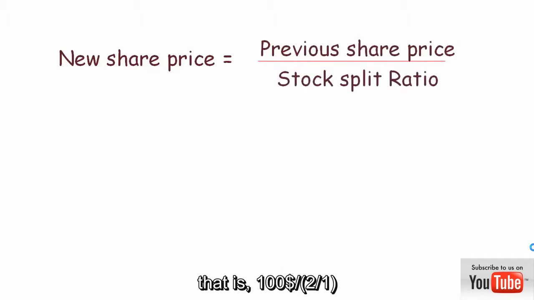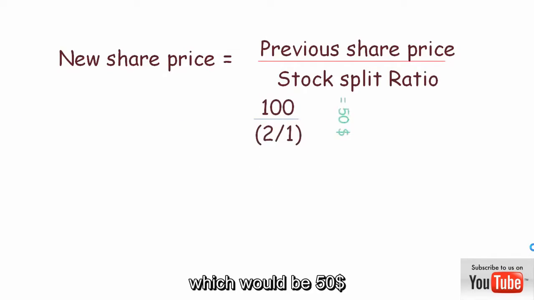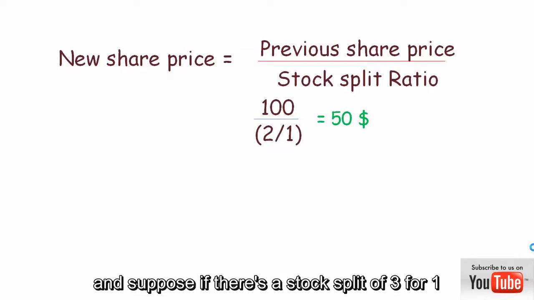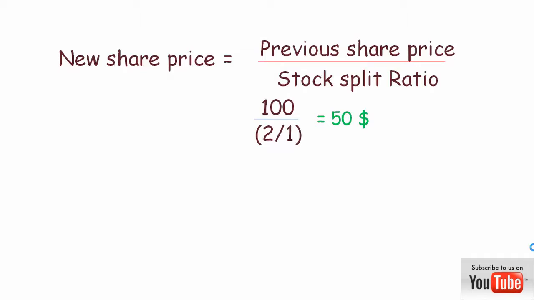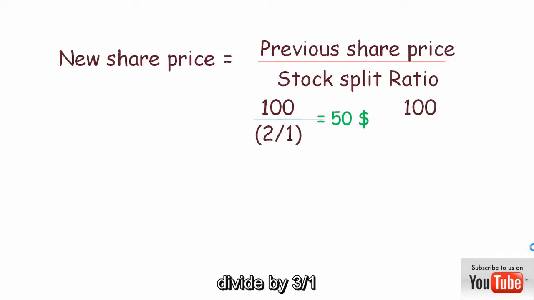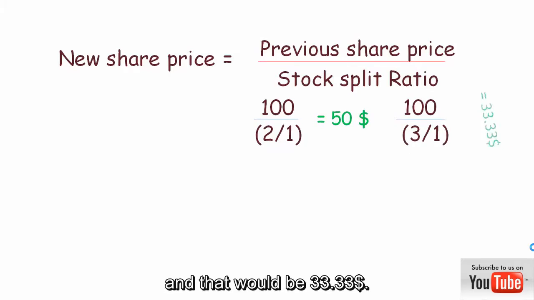Well, simply divide the share price before the stock split by the split ratio. That is $100 divided by 2 by 1, which would be $50. And suppose there is a stock split of 3 for 1, the price after the stock split would be $100 divided by 3 by 1, and that would be